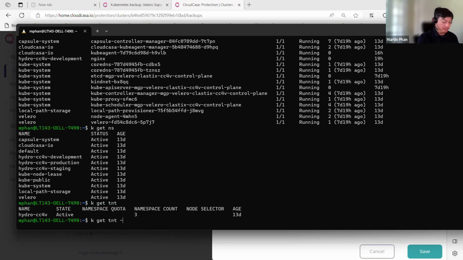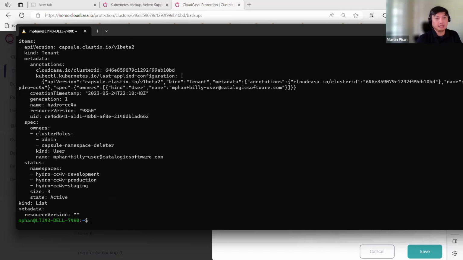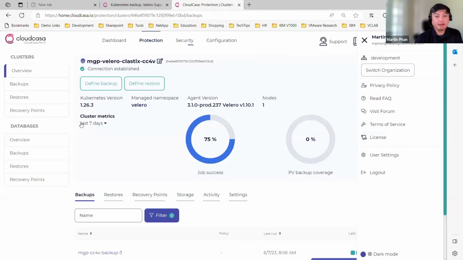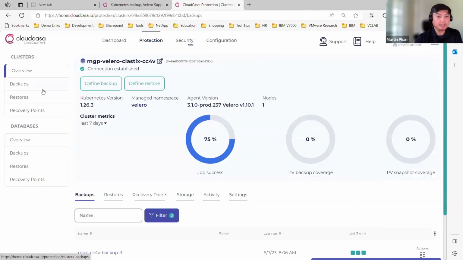So let's take a look at the YAML definition for this tenant. Those 3 namespaces are added into that tenant here, and the user that has access to that tenant is my user Billy, right? So if I were to log in as user Billy, what I'm going to see is just resources for that cluster. So let's go ahead and I'll log out of, actually before I log out, let me just show you